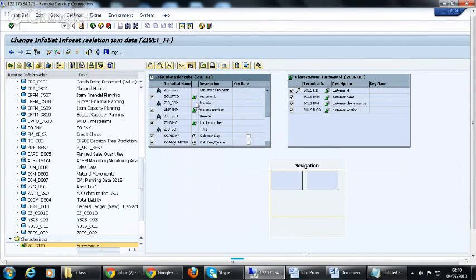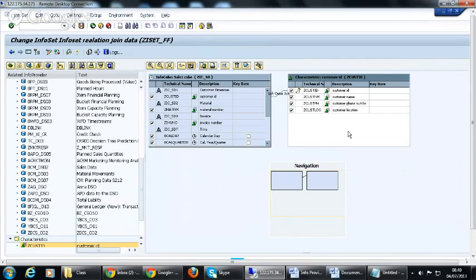First of all, you have to give the relation. You have to drag and drop to give the relation between customer ID and customer ID. And here, if you want to change this relation to left outer join, you right click on the right operand, and there is the option called left outer join. You can select this left outer join, so it will show you here. In this case, what will happen?